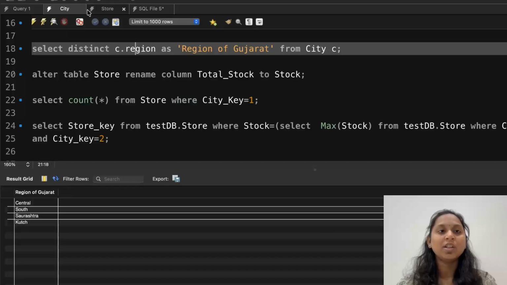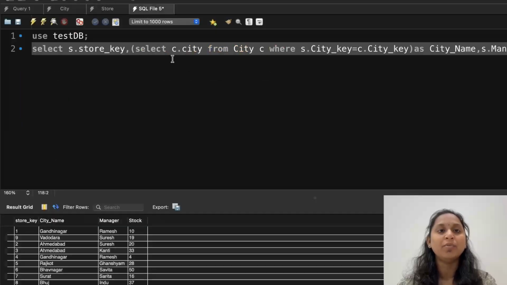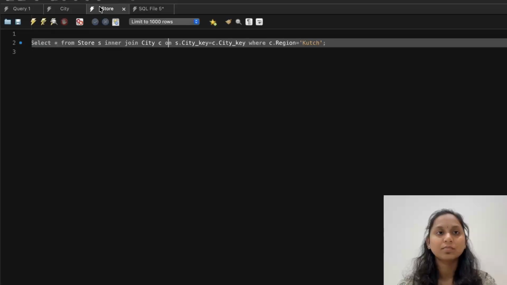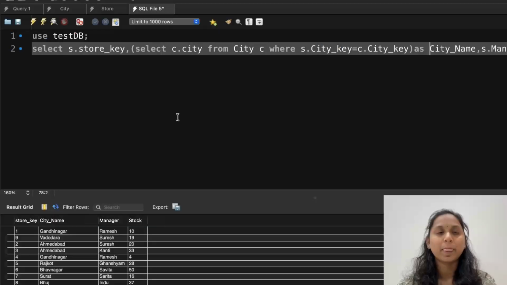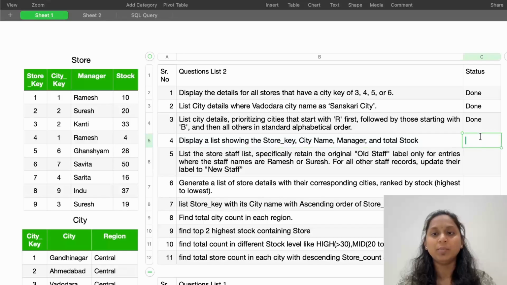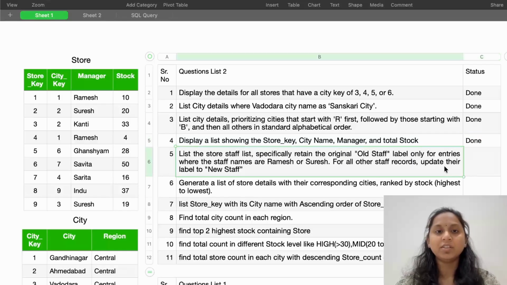So in a select query we have a practice of using a prefix in a table. I hope you understand this thing. Now what was our next question? Okay, so I have completed this. What was the next thing is this, read the question first.